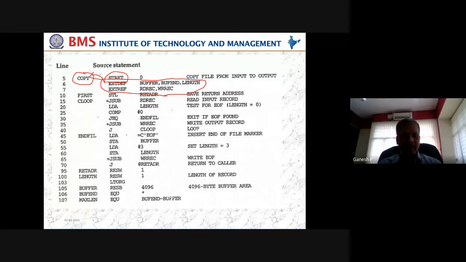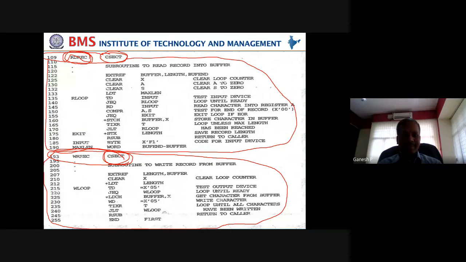We know that. Similarly, whatever you see in the CSECT, in the label, is going to be the name of that particular control section. Similarly here, the name of the control section is WRREC. Yesterday, the name of the block was given on the right-hand side as an opcode and operand in USE. But today in CSECT, it is given as a label. That is another difference you can see between the control section and the program block.